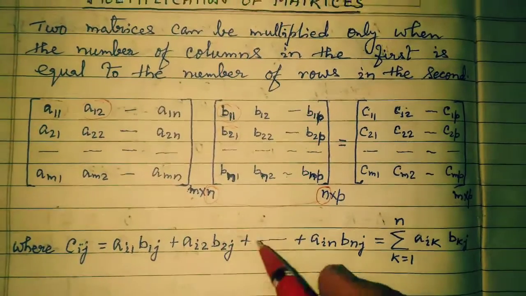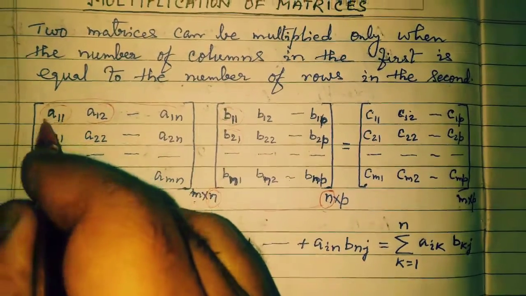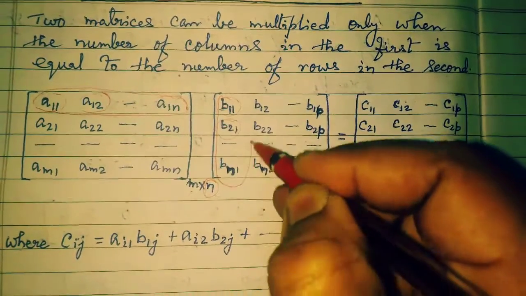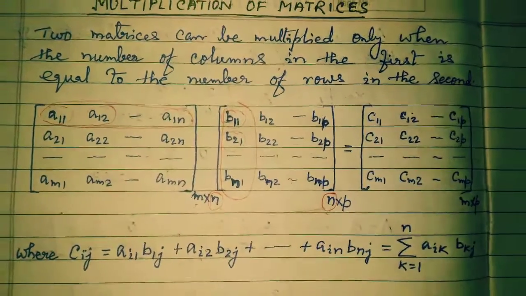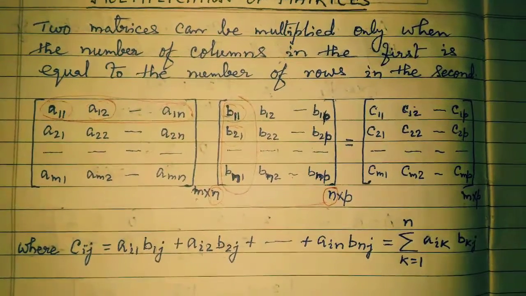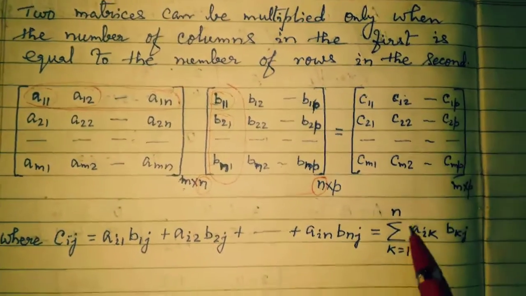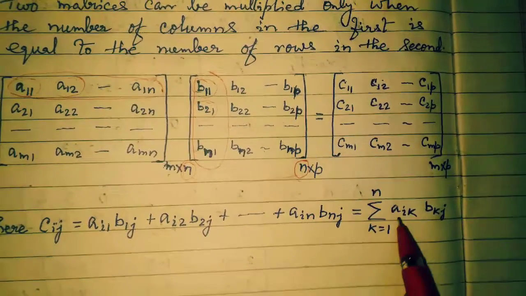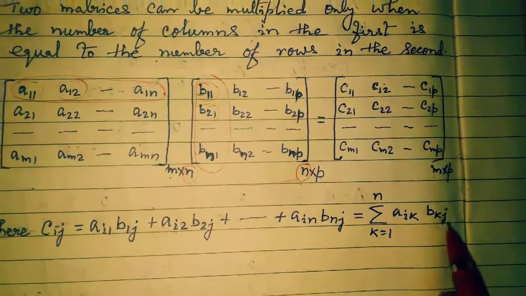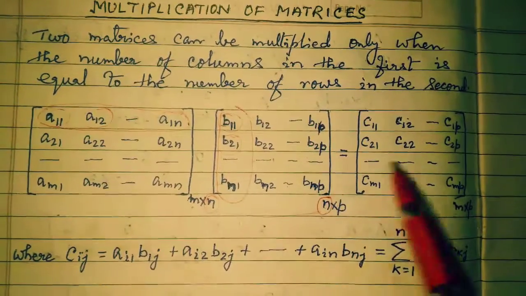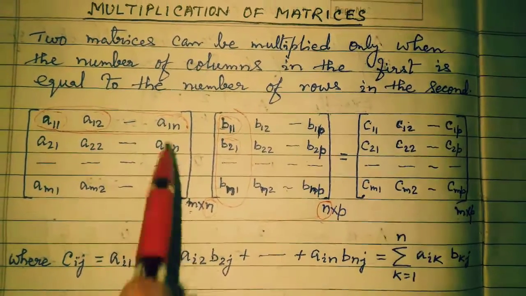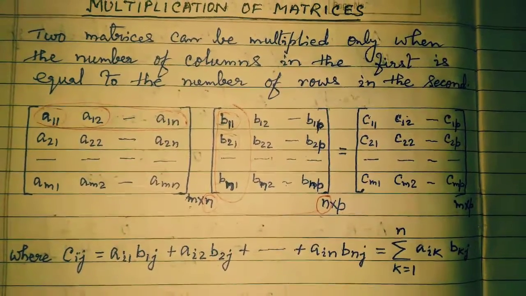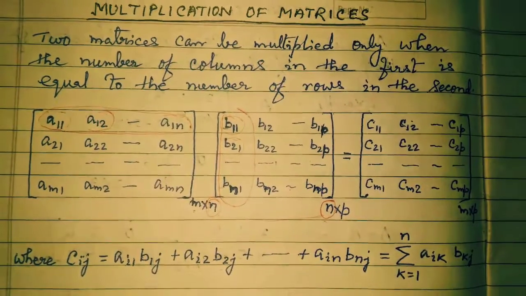That means, this way, this whole row will be multiplied and added with this whole column of the second matrix. Clear, students? Similarly, when we go to the next part, here is given sigma. Sigma means the sum with k equals 1 to n, till n terms, of Aik into Bkj. This way, if you find each element, say the C21 element, then we start with the second row and multiply it with the first column. Clear, students? So this way we will go through it.